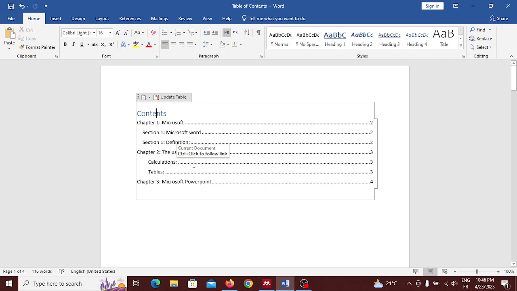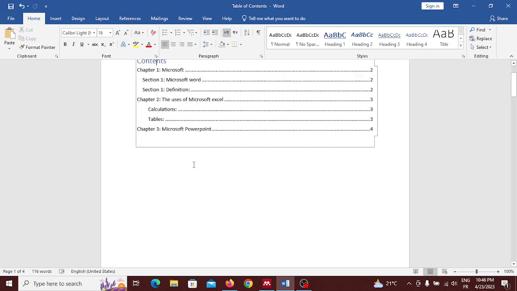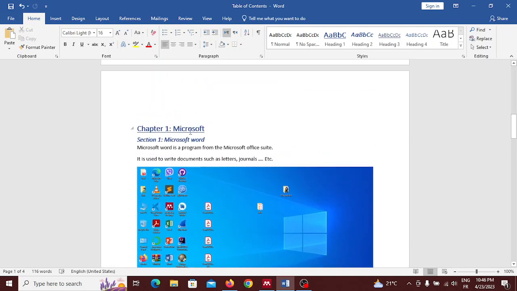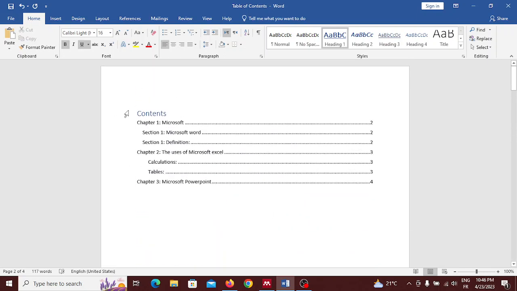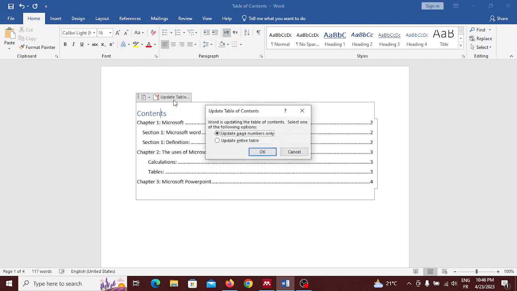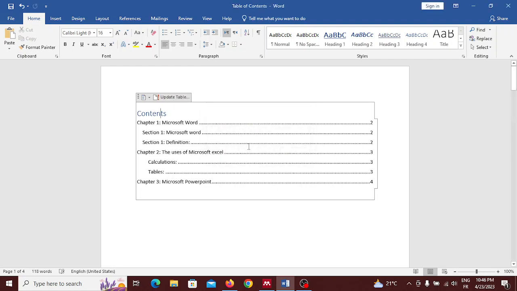Okay, for example, let's edit this. Microsoft Word, for example. If I update the entire table, now we can see that we have Microsoft Word as the name of the chapter. Okay, now let's move on